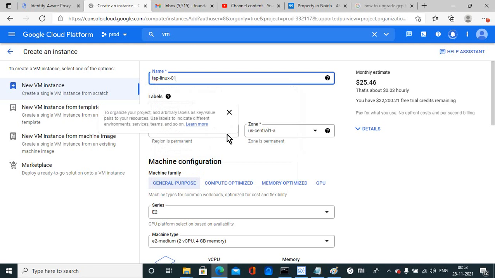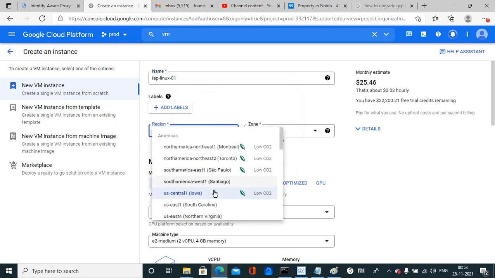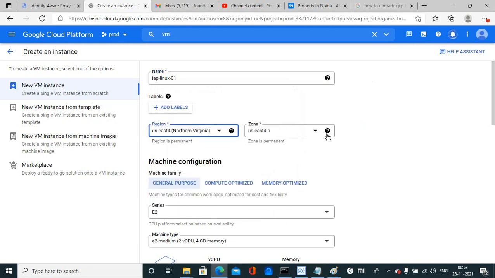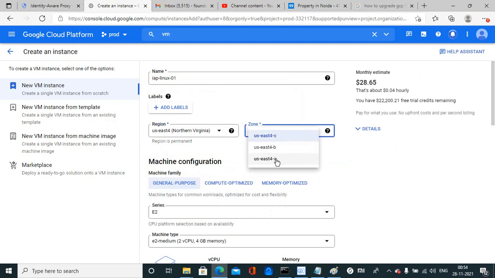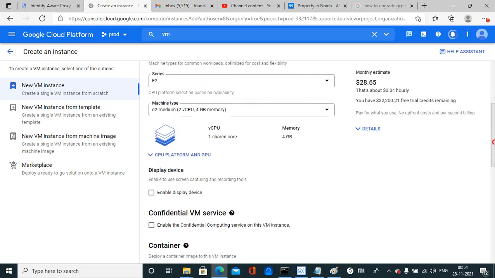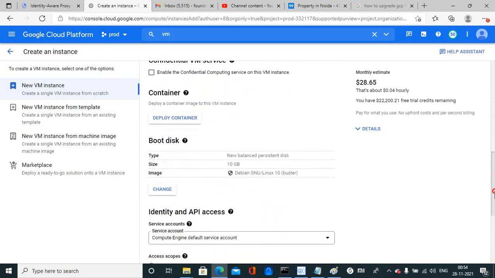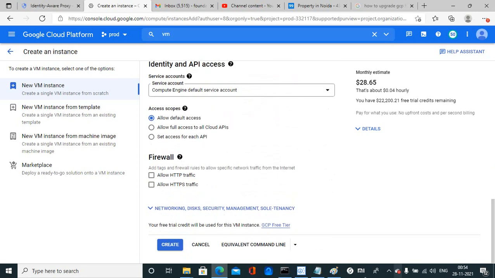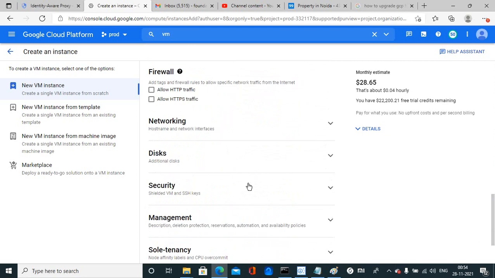Creating the machine in the same North Virginia, in B. First one I have created in A, second one in B is an Ubuntu machine by default, and same thing.